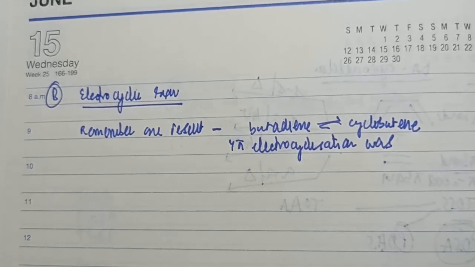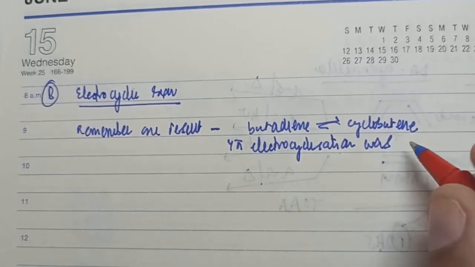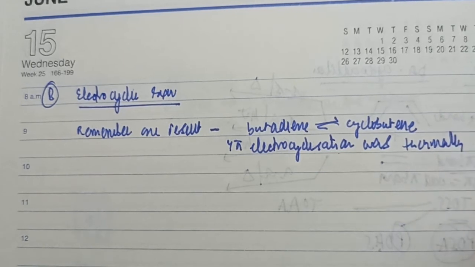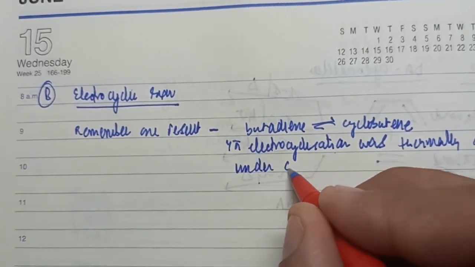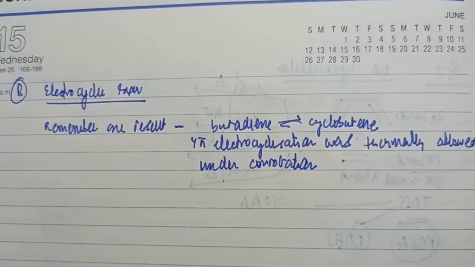Let's do this exercise. Right now, let's say it is not coming to my mind under what reaction condition this reaction was allowed, so let's use the FMO approach to work out the reaction conditions. Butadiene, a 4 electron system. HOMO would be, under thermal conditions, psi 2. Psi 2 has one node, meaning terminal lobes on opposite faces have the same sign, therefore this process should be conrotatory under thermal conditions. So I can say 4 pi electrocyclization was thermally allowed under conrotation. So I've remembered this result, or worked it out using the FMO approach.